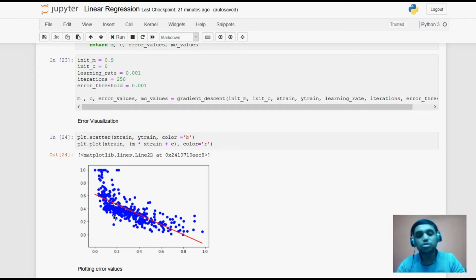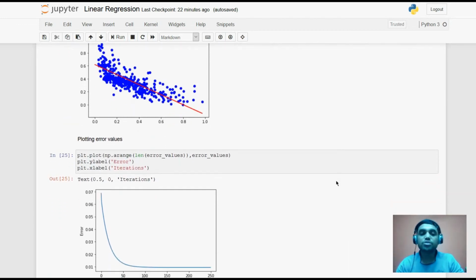The blue dots you can see on this graph are all the xtrain and ytrain points. Thereafter I'm going to plot this linear line using xtrain and its corresponding y value, that is the straight line equation mx plus c, that is m into xtrain plus c. The color is red, as you can see over here.